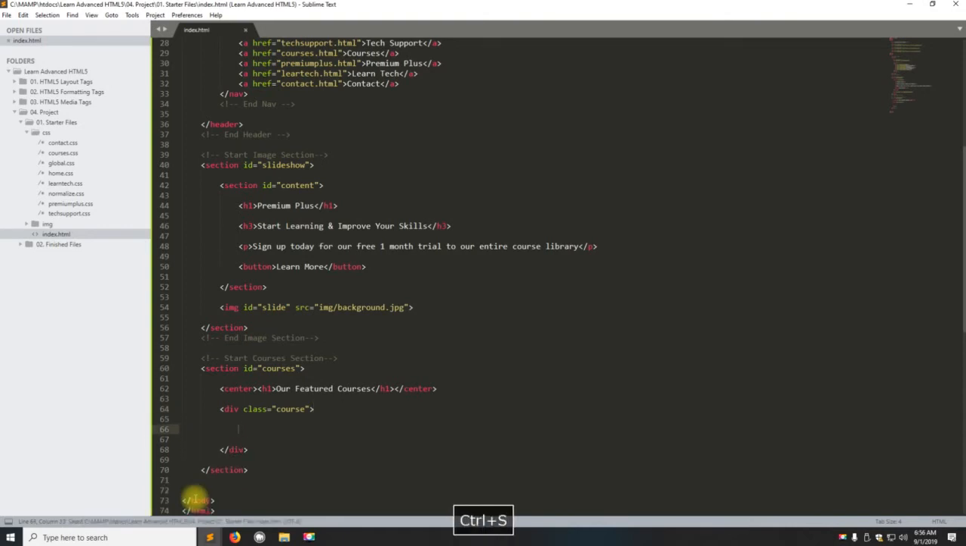Tab in, and we'll do an image, and we're going to do image slash course dash 01.jpg. Okay, and then I'm going to return and do center, and we're going to do H2, HTML5 for beginners,